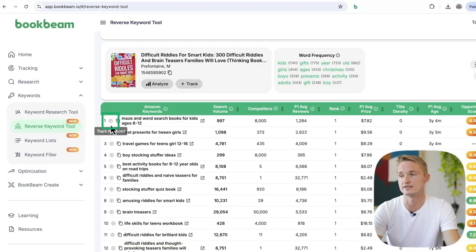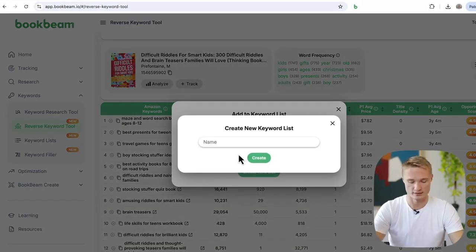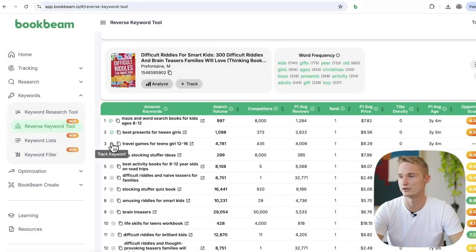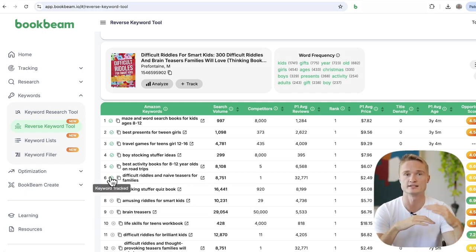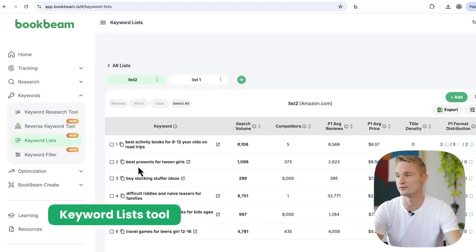And you can also create customized keyword lists. So you can create your own unique keyword lists. If you find interesting keyword ideas, you can save them to a list by clicking this button. Let's call this list number 2, create. And now all the keywords that I'm going to add are going to be added to this new list that we created by just clicking this little plus icon here. And you're going to have all your unique keyword ideas that you might want to use in your next book, either in the title or in the 7 KDP keyword fields, saved in that list. Or if you'd like to create a list that you'll use for your Amazon ad keyword targeting campaign, you can do it very easily with this function. So here are all the keywords that we just added to the keyword list 2 inside of the keyword lists